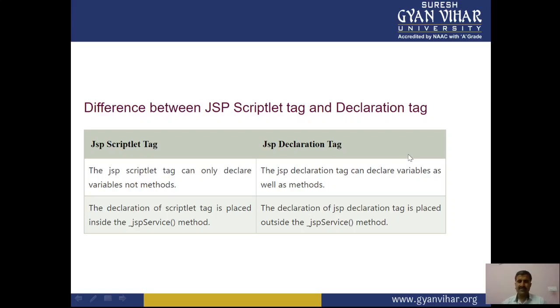After that, we have request processing. This is the part of the service method: the client sends the request, it is executed, and the server can reply back. So this is all about the service method inside the life cycle.